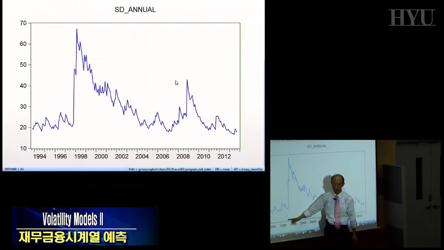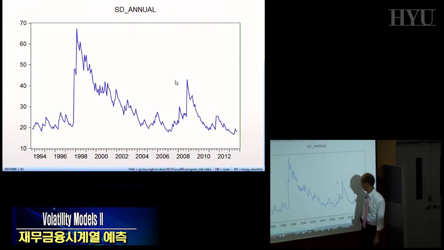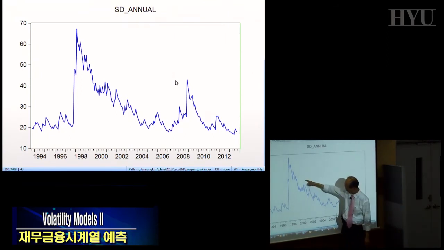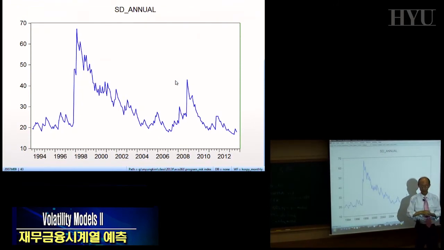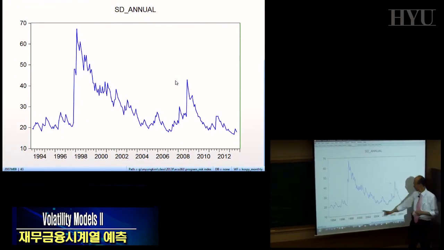That's our currency crisis period, right? The 97 currency crisis period. Probably December or November, probably December 1997. And then in 2003, 2004, there is a credit card crisis, but in the stock market, it didn't show a hike like this one, right? So probably the bond market could have been hit hard, but not the stock market. Okay.